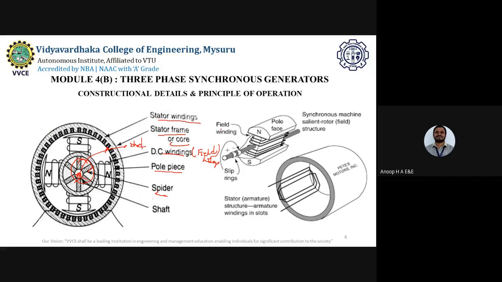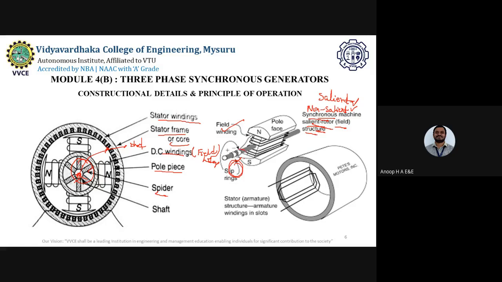Now, when I take out the field winding here, this is more or less the synchronous machine. We have the rotor construction again. We have two types of rotor, the salient pole type and the non-salient pole type. These are the two types of rotor construction, and one is used depending on the requirement. Here it is a salient rotor type, and these are the slip rings that I have here.